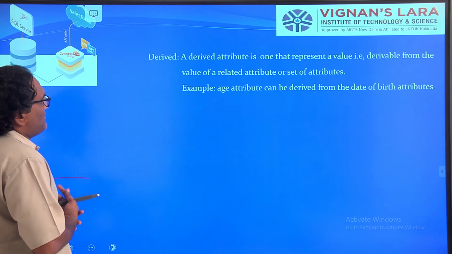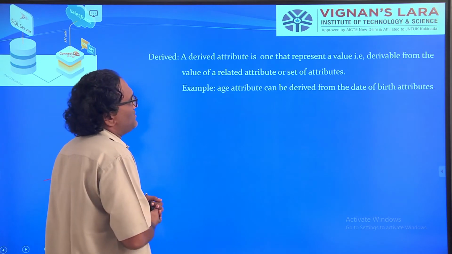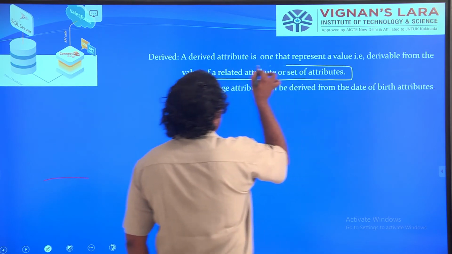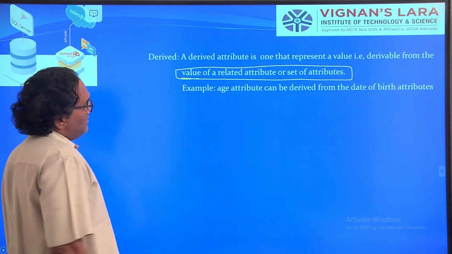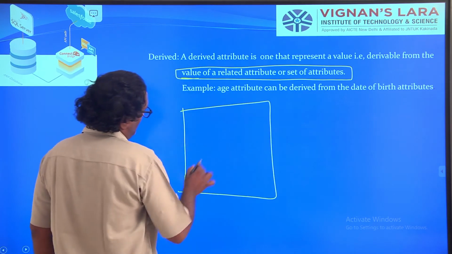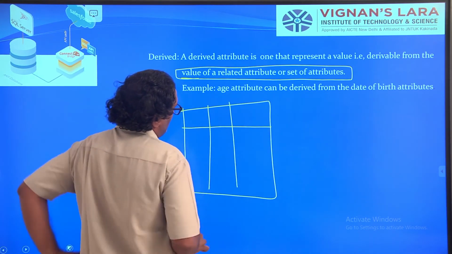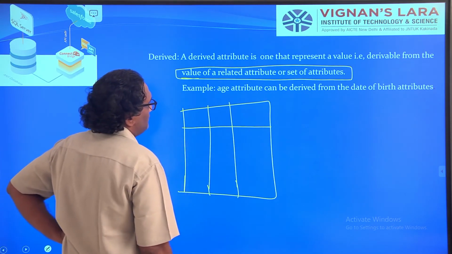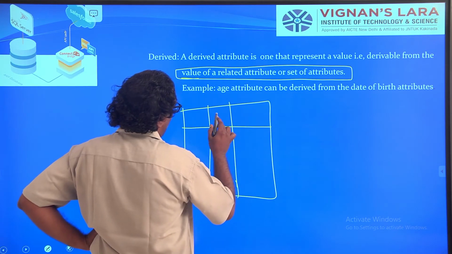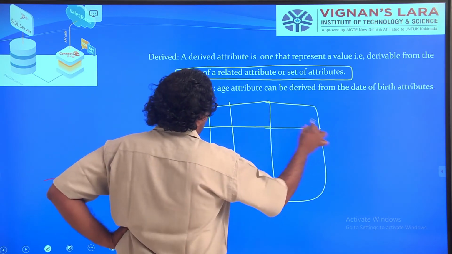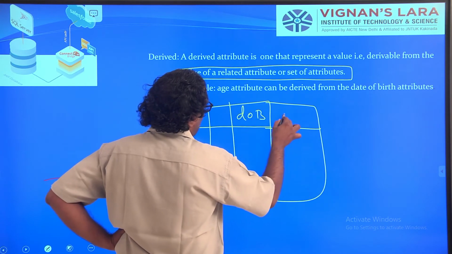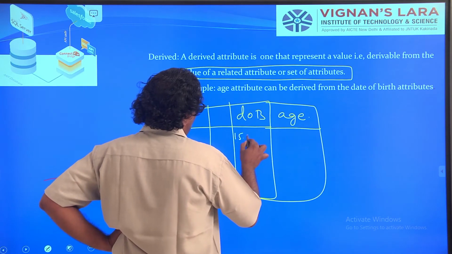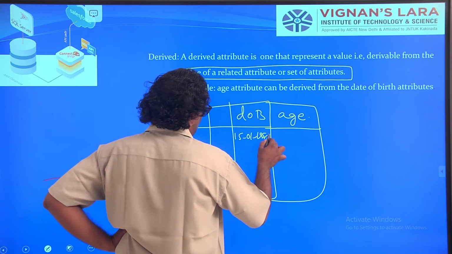Look at this. This is very, very important. A derived attribute is one that represents a value derivable from the value of a related attribute or set of attributes. Suppose, as an example, if you look at this table, a date of birth attribute is there, and age. Suppose date of birth is 15/1/1986.